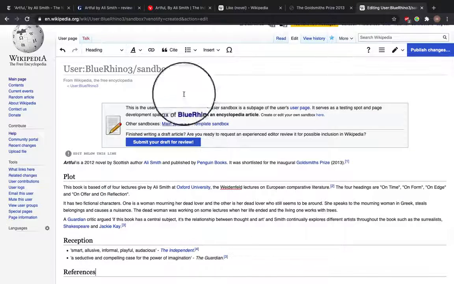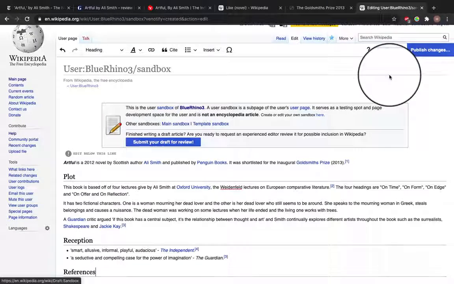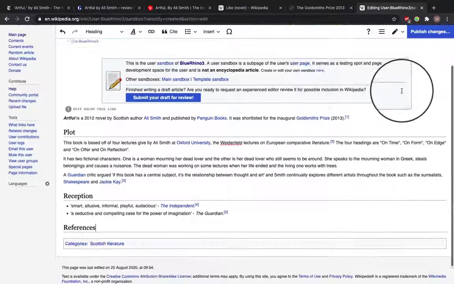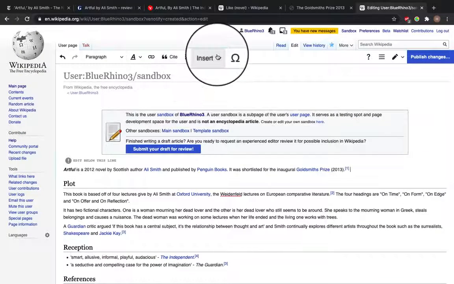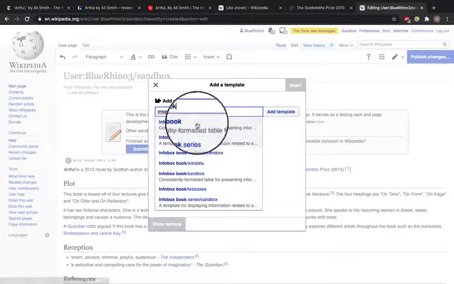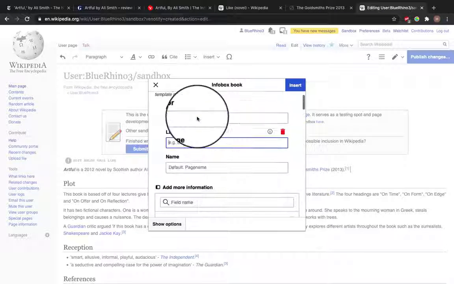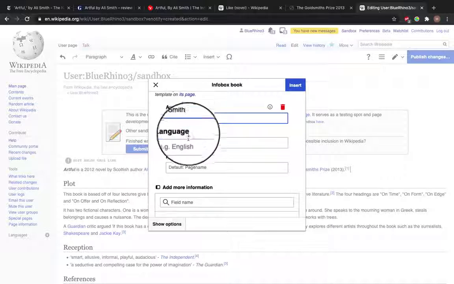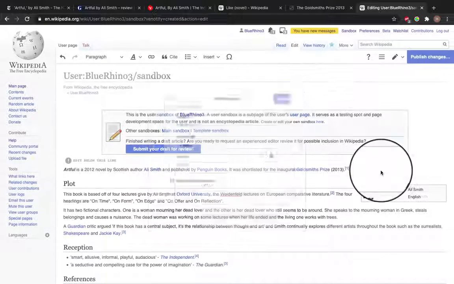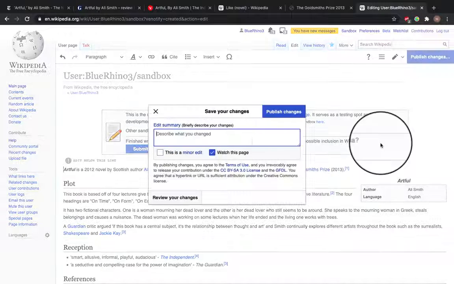And then also we can add some categories. Again, this is the 3 lines next to the magic pen. So I'm going to add Scottish literature, just add that category, apply changes. Then I'm going to click my mouse here, select insert, template, info box book, book name. I'm going to go for book name and author and language. So the author is Ali Smith, it's in English, and the name is Artful. Select insert, and you can see we've got the beginning of the info box here. To save this, I'm going to click Publish Changes,